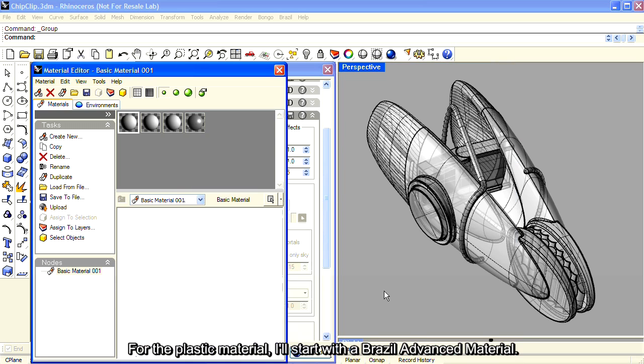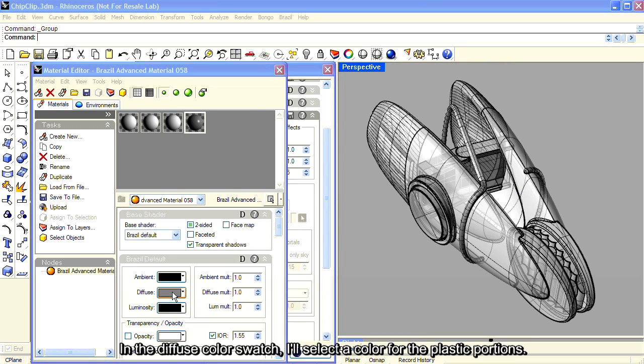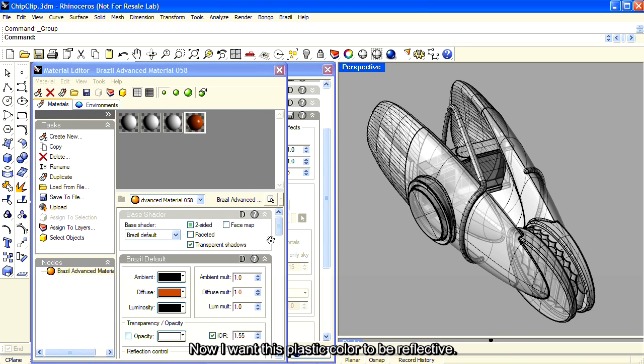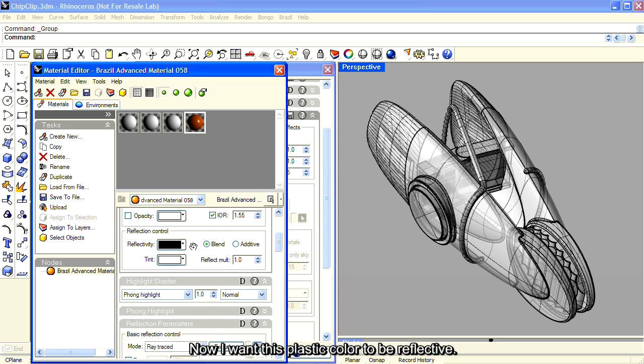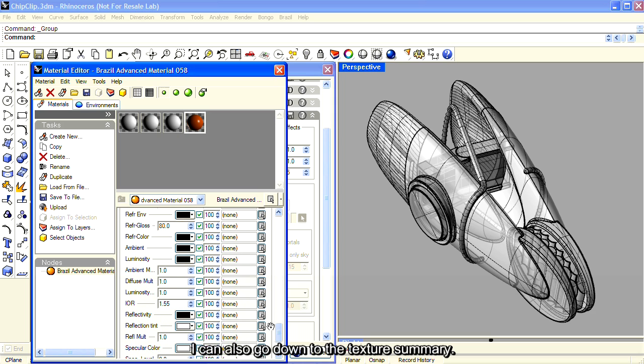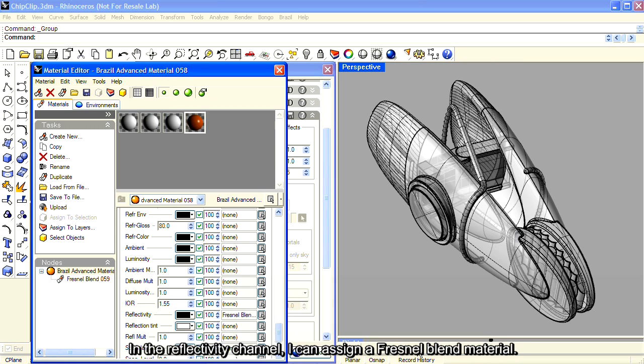For the plastic material, I'll start with a Brazil Advanced material, and in the diffuse color swatch, I'll select a color for the plastic portions. Now I want this plastic color to be reflective, and I could do that in the reflectivity color swatch, but I can also go down to the texture summary, and in the reflectivity channel, I can assign a Fresnel blend